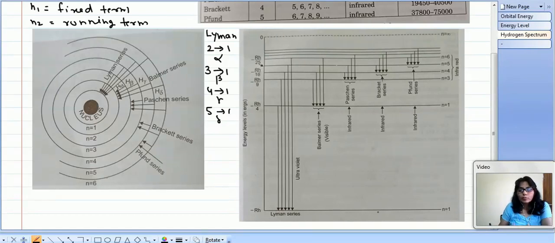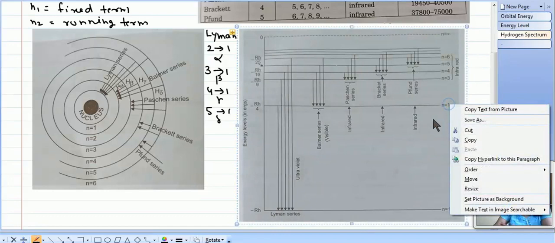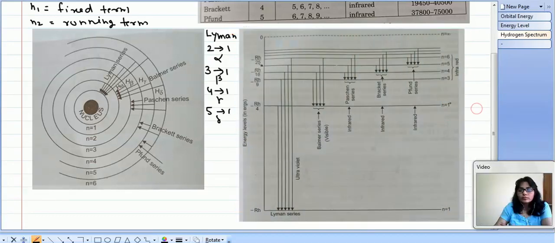So this line corresponds to the first energy level. So first energy is minus RHC. Here C is not written because it is in terms of the Earth. If we write it in terms of the calorie or in terms of joule, then there will be C also. So you can write C here also. So the first term will be minus RHC, then minus RHC upon 4, then minus RHC upon 9, corresponding to the principal quantum number n is equal to 1, n is equal to 2, then 3, 4, 5, 6.